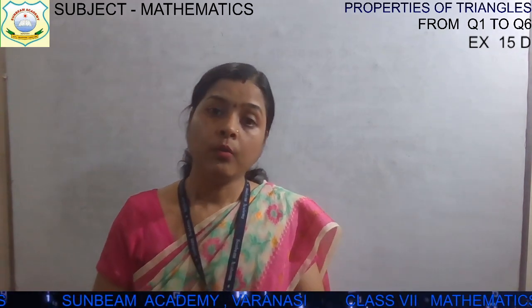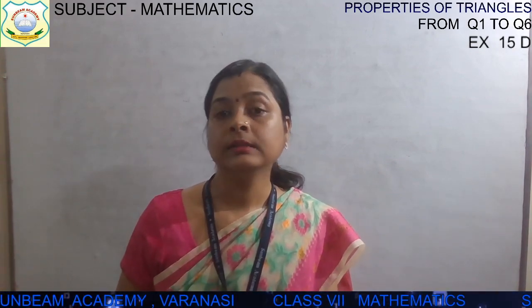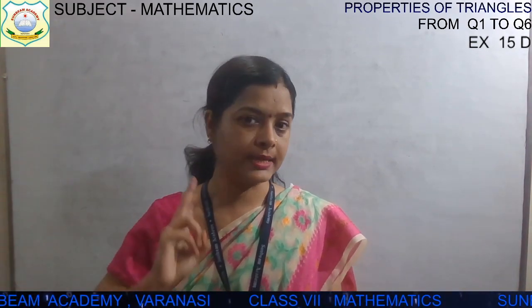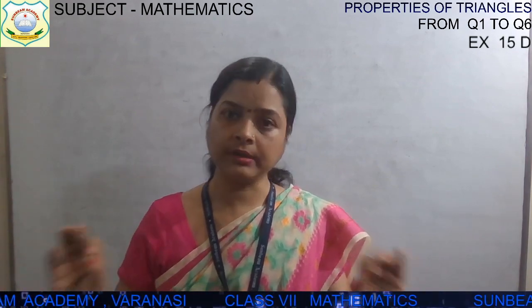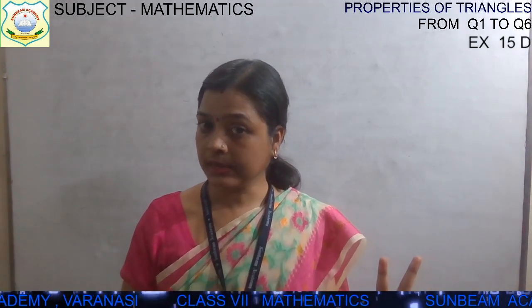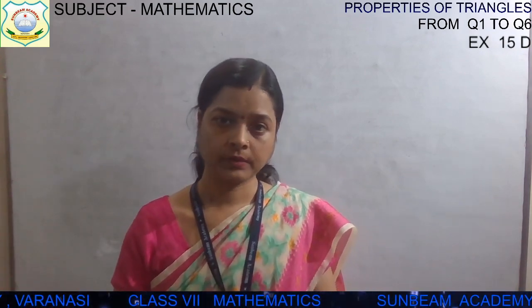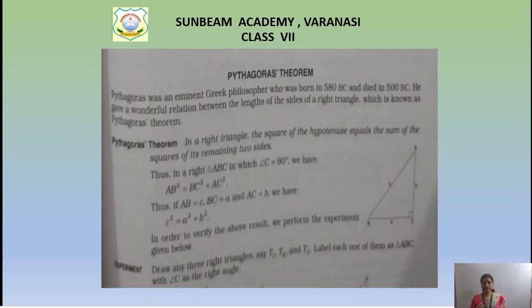Okay, how is it possible, who has made this particular theorem, all this now we will start with the presentation so that you can have an idea of what is Pythagoras theorem and why ma'am has taken the right angle triangle to find the third side if the two sides are given. Any two sides are given, we can find the third side. In a triangle there are three sides, and if it is a right angle triangle, then if we know two sides, we can find the third one. Okay, now see the presentation first.